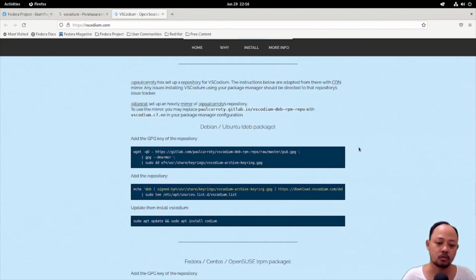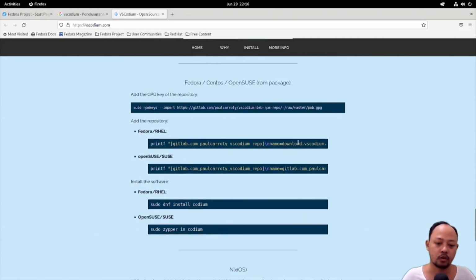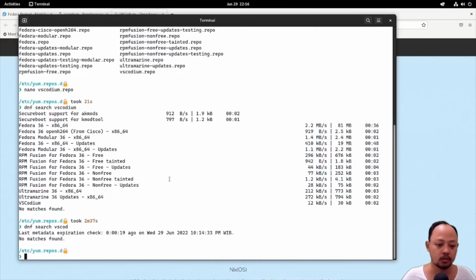Okay, so there is no package for Fedora, I think. Okay, so this is how to install it in Fedora, I think. So the name is not VS Codium, but only Codium. Let's try again.